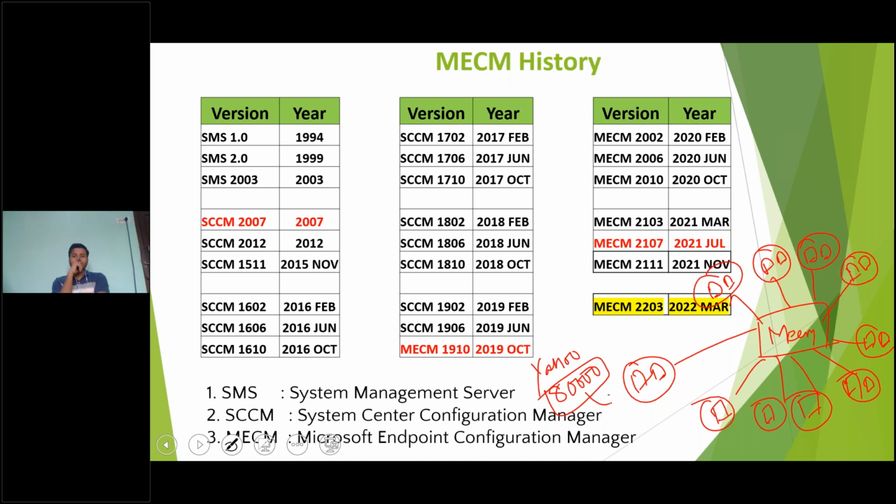So these 80,000 devices, for example, Mumbai has 2,000 devices. London has 3,000 devices. Chennai has 5,000 devices. Let's say New York has 10,000 devices, 20,000 devices in Hyderabad. So you have devices in each region. Through SCCM, you will be able to manage these devices. You will have complete control of all the devices, whatever devices you have in your company.